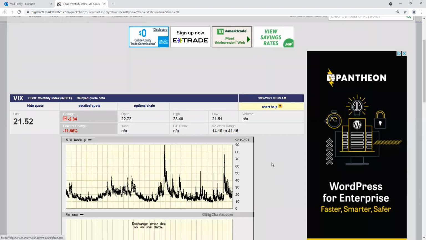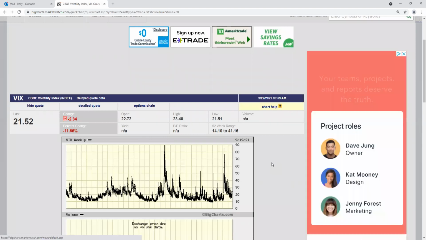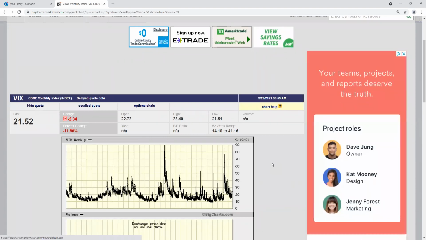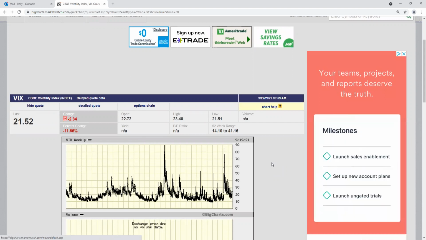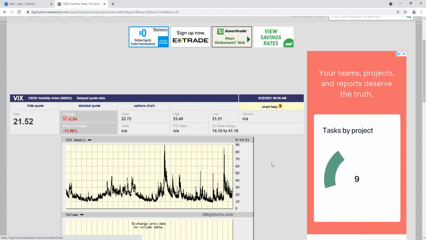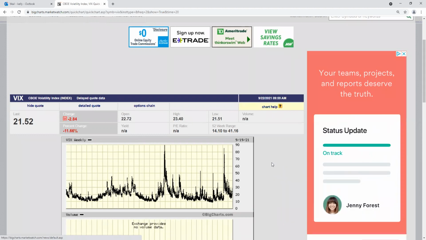Right now, we're trading 22, 23 on the S&P P/E ratio. If that went down to, well, normal's 15, but if it went down to something like 18, where some of the analysts think, that could cause the market to have a correction back towards the 3,700 area or something like that. That would cause the VIX to probably jump into the 40s. And that would be maybe a buying opportunity.